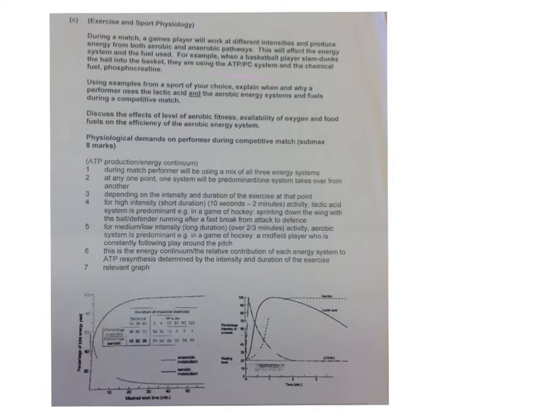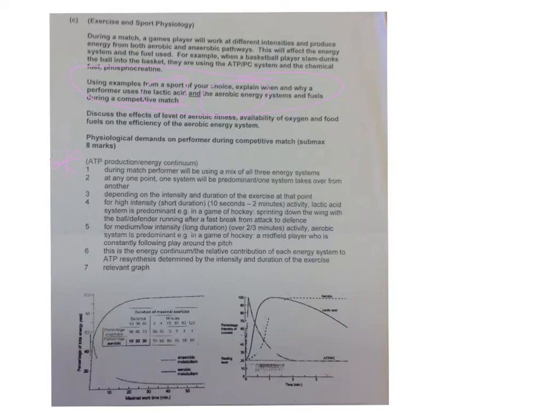Okay, the first part is up here, where you must choose a competitive match, like a football match, and then explain when and why a performer uses the lactic acid and the aerobic energy system. Now, as you can see from the mark scheme below,